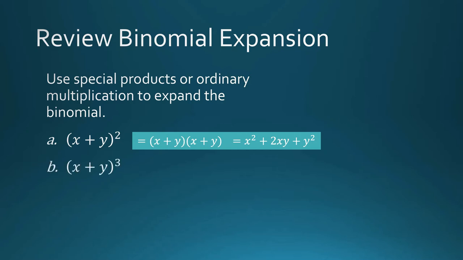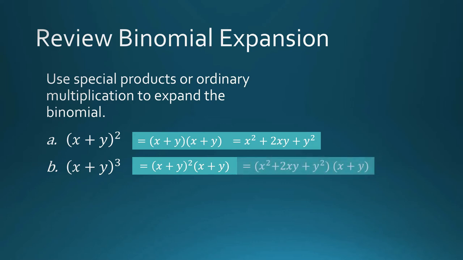How about the cube of x plus y? Now, I think for many students, this is a challenge. Well, this is what you can do. You can write this as the square of x plus y times x plus y. And you already know the product of the square of x plus y. So you multiply this trinomial to the binomial, multiply it term by term, combine similar terms,